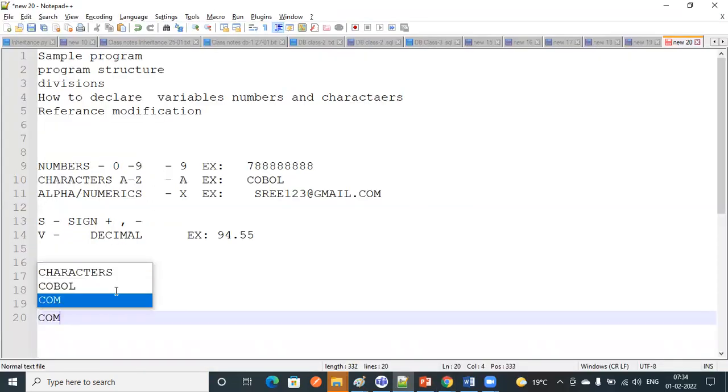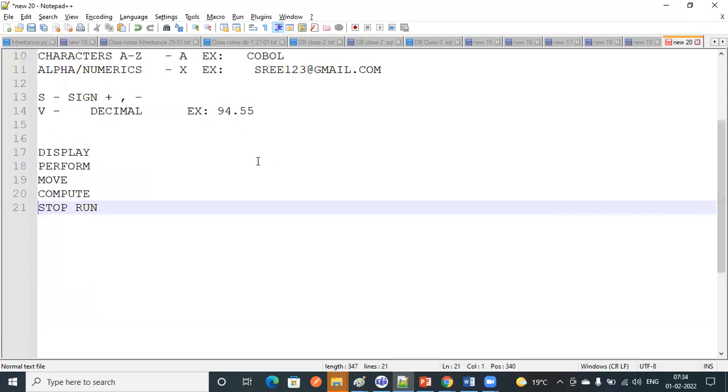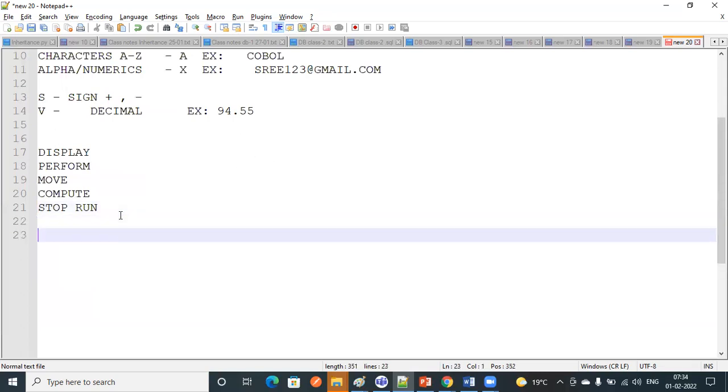Compute, stop, run. Like this, mainly we are going to use around 20 to 30 keywords.